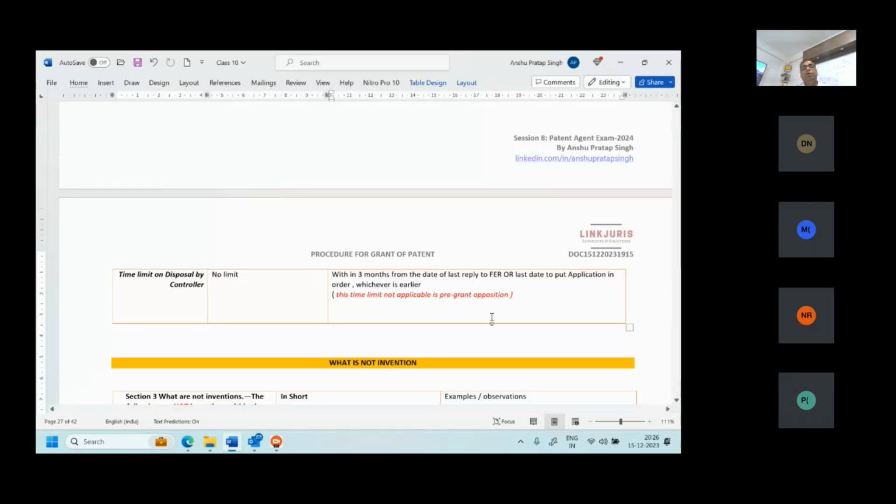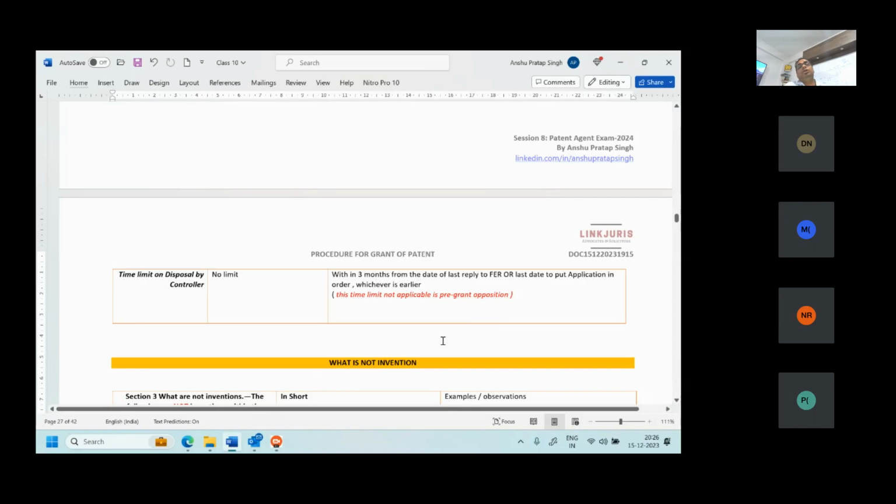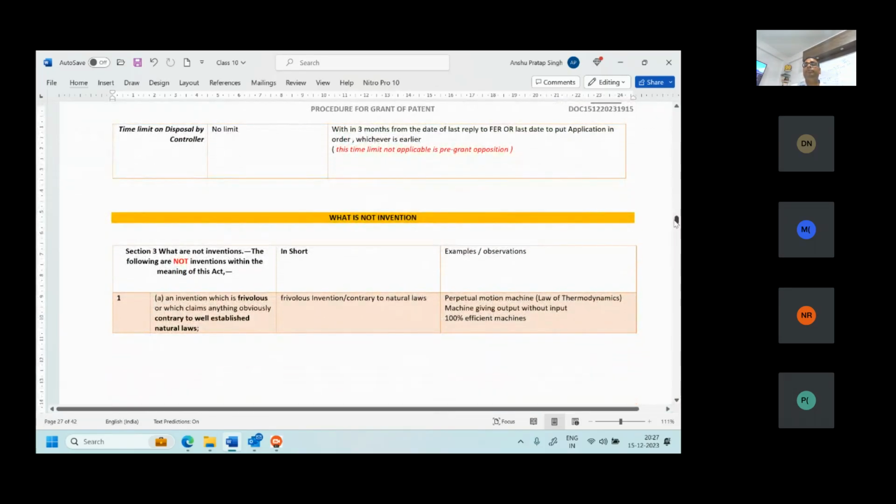Go through this. Tomorrow we will discuss the subject matter, which I have not discussed the first time, sections 3 and 4. What is not an invention? Because when you are examining, the first thing is we check whether it is a patentable subject matter or not, whether it is an invention or not. Then we will go for novelty and inventive step and other requirements. So first we will understand the problem of subject matter and other things. Then we will go for the novelty examination and inventive step examination. What are the exceptions there? And then we will go for the grant. This is what we will be discussing tomorrow.